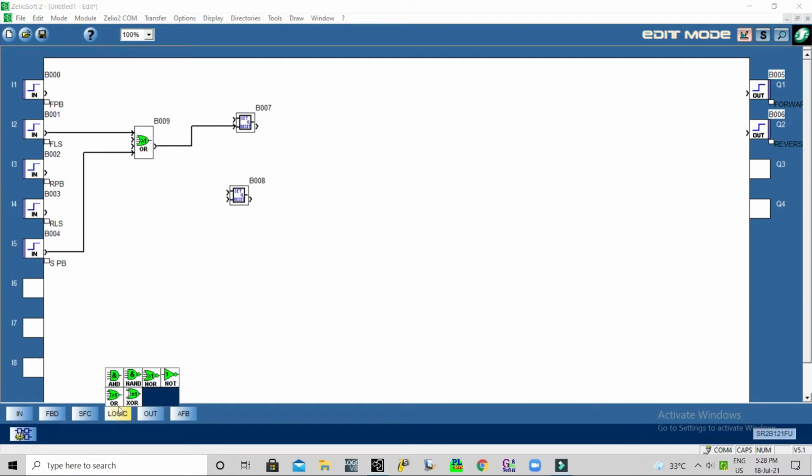Also one more OR gate, for reset. Now you understand why I used the OR gate. This limit switch input and stop push button input will operate in parallel, either this or this. Whichever operates, it will reset the relay and stop the operation.